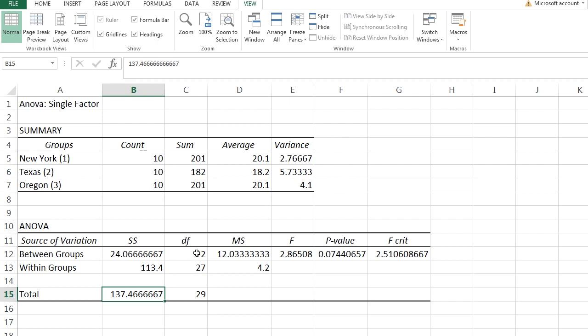Then it just lists the degrees of freedom. We wrote those down in the table before, and that depends on the problem you have, the number of populations, the number of samples that you have, and that's the total degrees of freedom. And then this is MST, or the mean square between groups, and this is the mean square